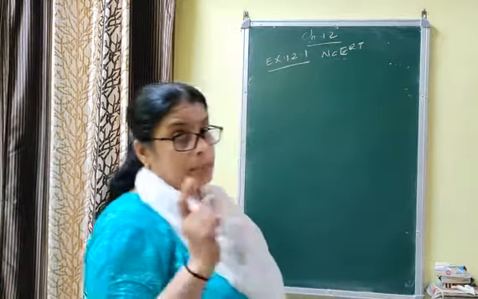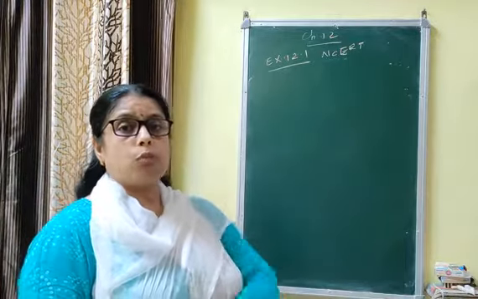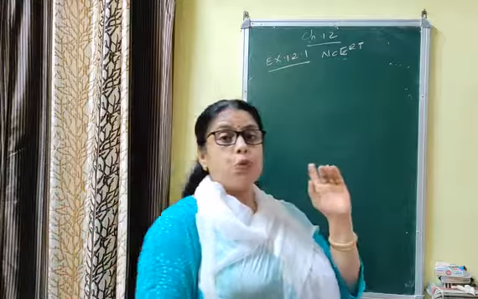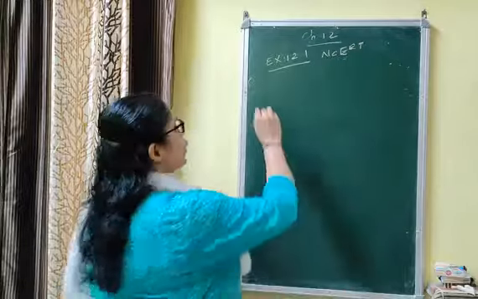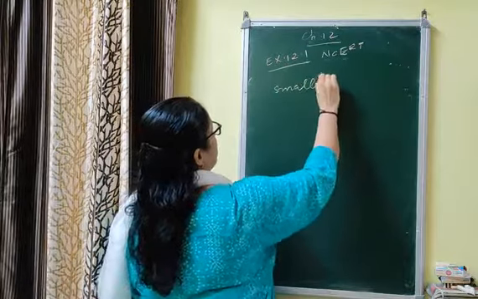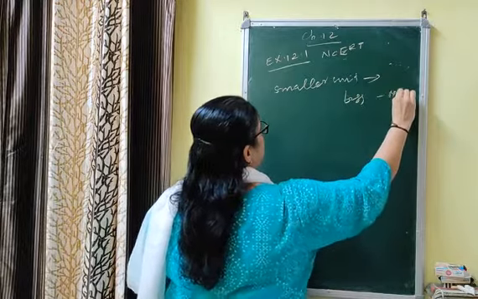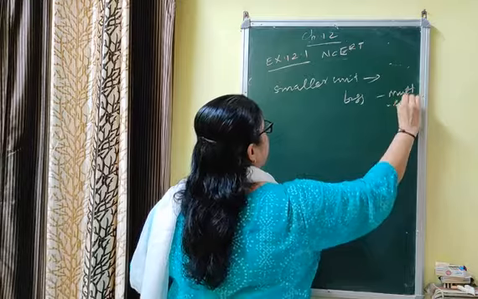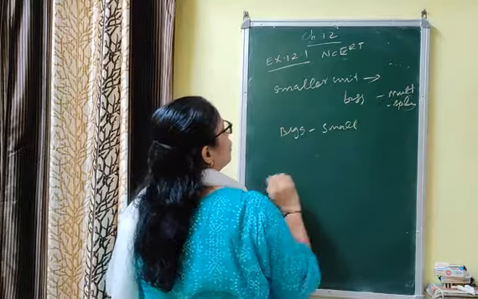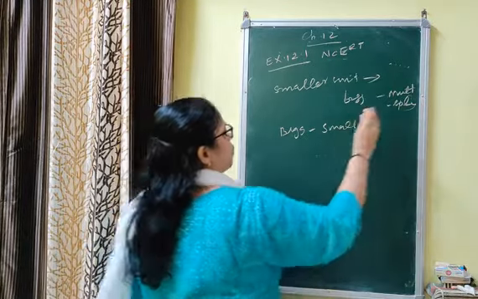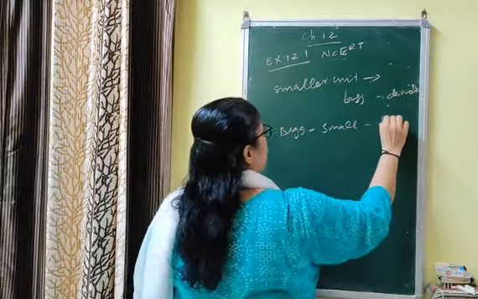Listen carefully. In mensuration you have to think one more thing, that is conversion of unit. Unit किसी में कुछ है तो आपको same में convert करना है. If you have to change smaller unit to bigger unit, you have to divide, and bigger unit to smaller unit, you have to multiply. छोटा पड़ जाएगा. This you should remember.